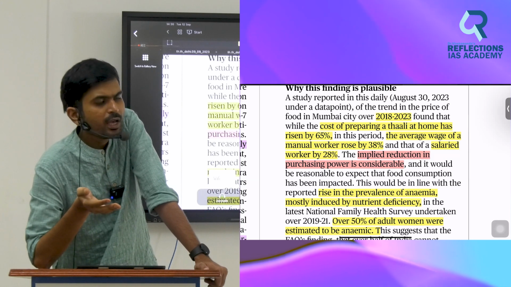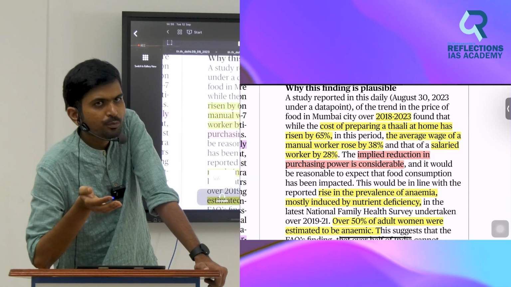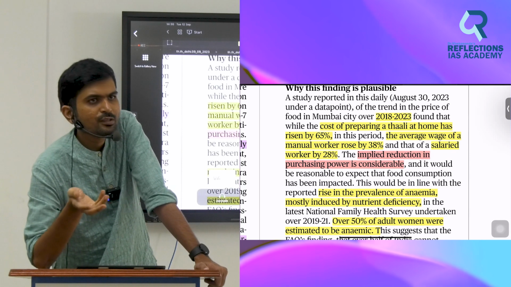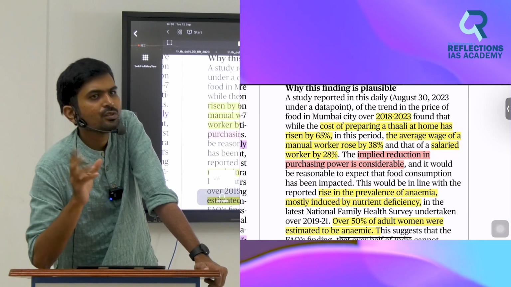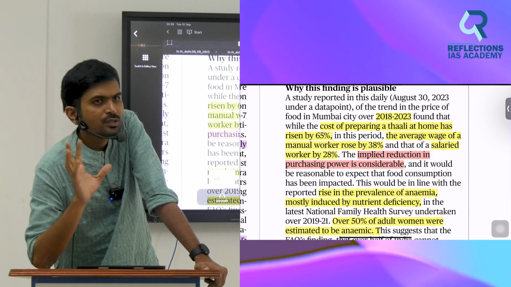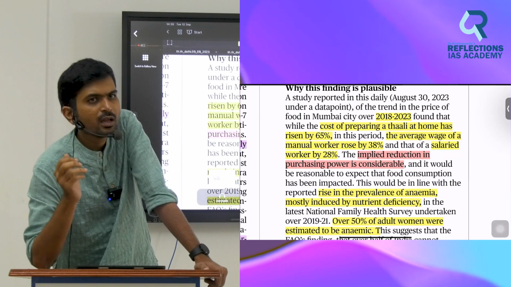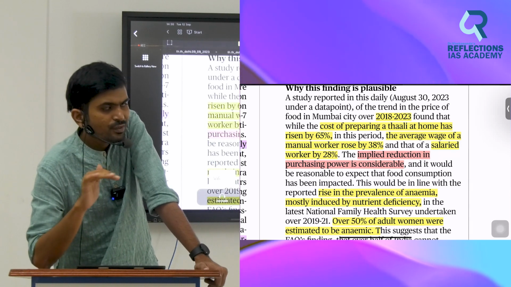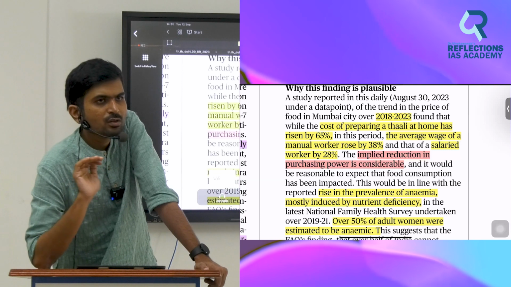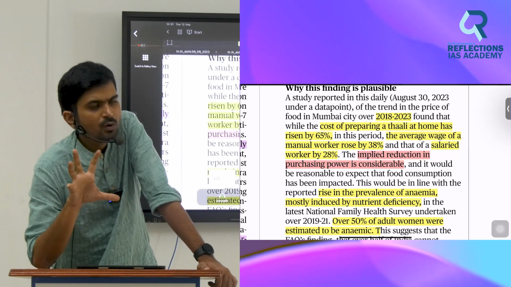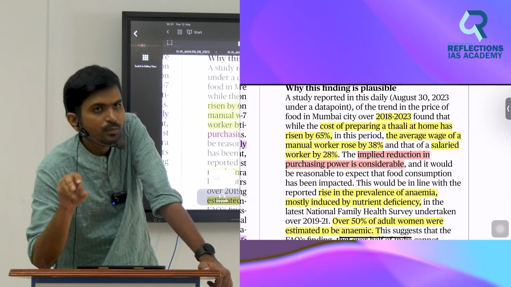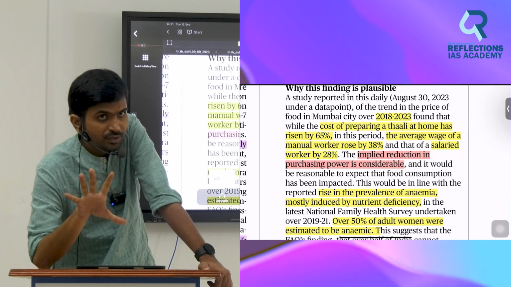So food has become 2,200 rupees. You went to your owner and asked, sir, increase my salary. He increased your salary to 3,500. So 500 rupees increased, but your food cost has increased by 700 or 800. So your savings will come down, your purchasing power will also come down. This is how the government tries to identify thalinomics. Okay, he starts with this.